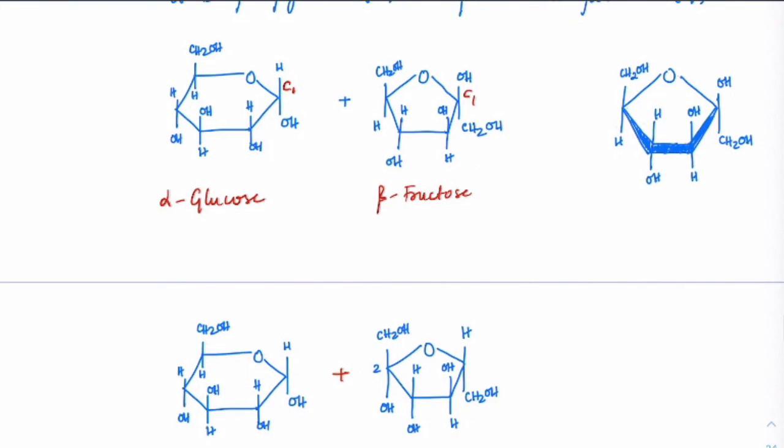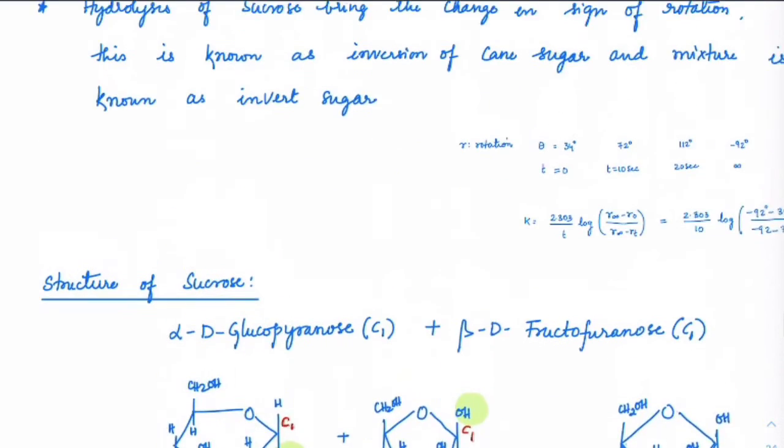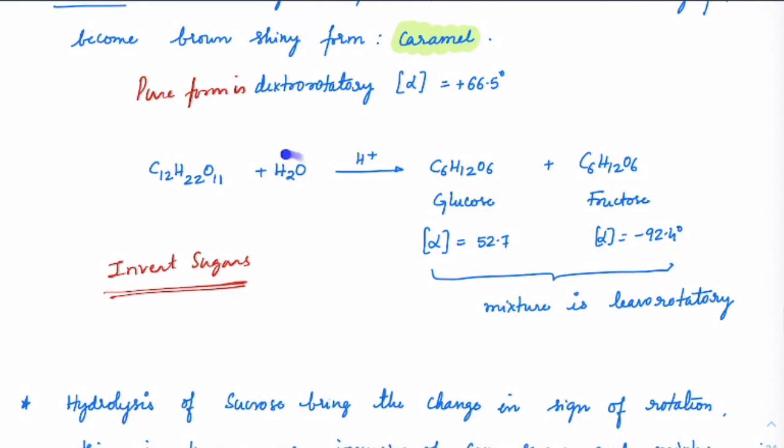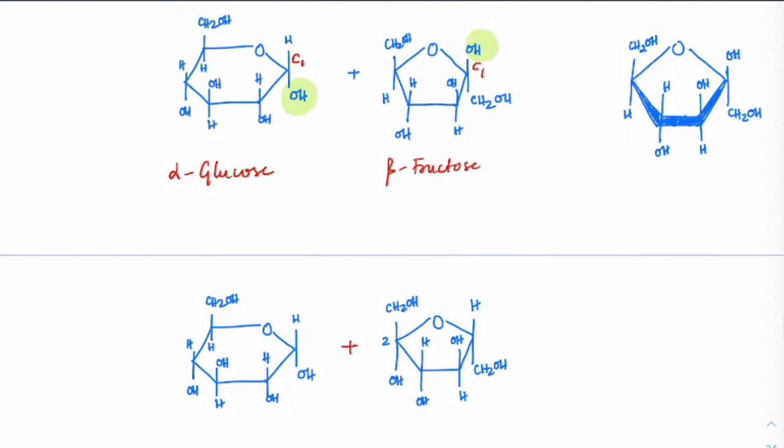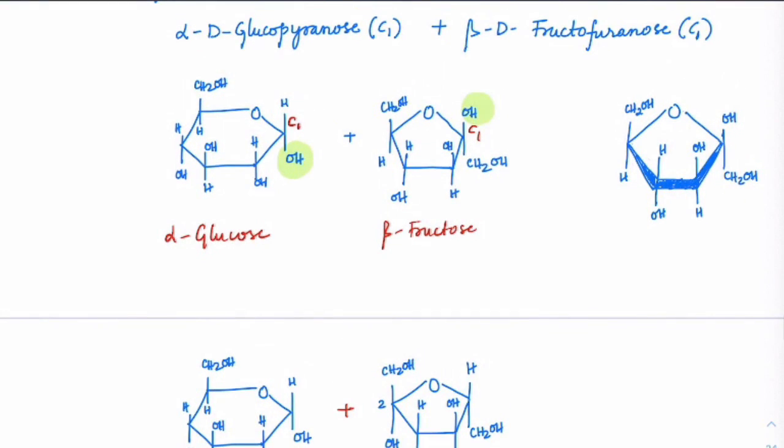You can see this OH here and this H here, correct? So that would dehydrate and make a connection between both of them, right? You know that the only difference between glucose and fructose and sucrose is water. If you add water, it becomes glucose and fructose. So if you remove water from glucose and fructose, you should get sucrose. The same thing I am doing here as well. So to get the structure of sucrose, first we are learning the structure of alpha glucose and beta fructose, and trying to connect both of them.